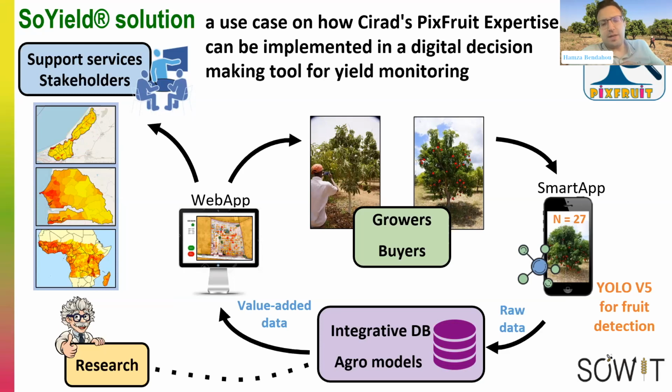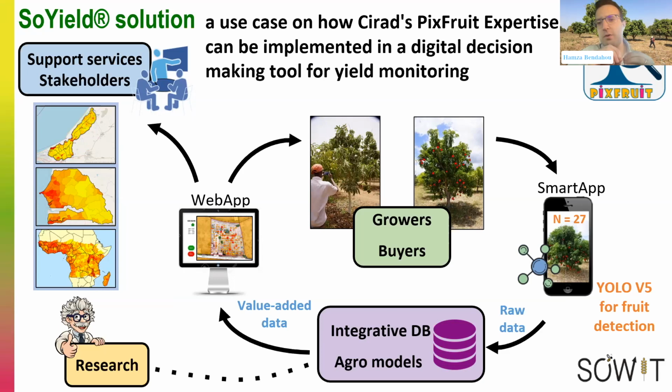So the first type of user, as Emile said, is the very small grower, and this grower usually will have the app for free, or someone will come to his farm to do the sampling through the app. The challenge here is to have something very easy to use on the field, meaning all the work that has been done around user-centric design, particularly in low connectivity areas. It also needs to be quite real time, to give the yield estimation to the farmer once he finishes his sampling. And it doesn't need to be complex on the field. So for example, for SoYield, we only ask the farmers to take 2 pictures of a tree rather than all the pictures. And that's where